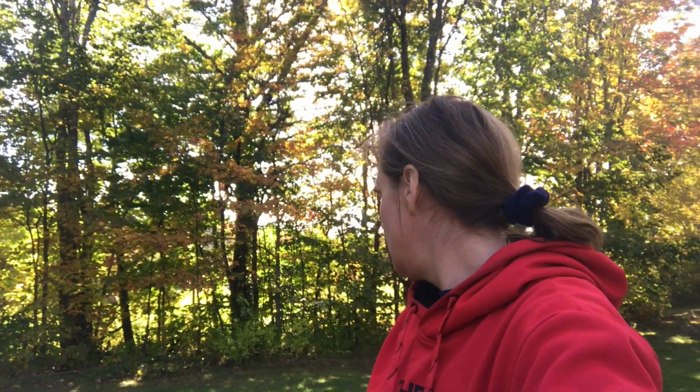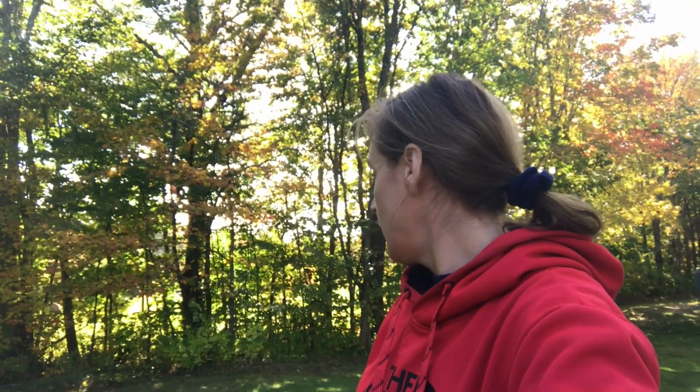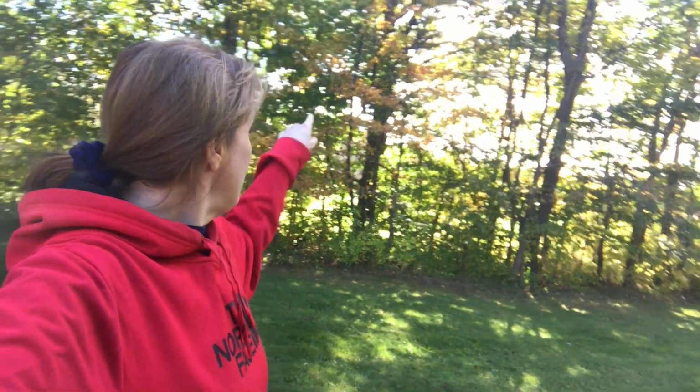Once these leaves are gone, you'll be able to see straight out onto that field that's across the way. The field is like right beyond the tree line. And then hunting season happens, and there will be deer out there to be seen from a tree stand right there. Okay, for now,